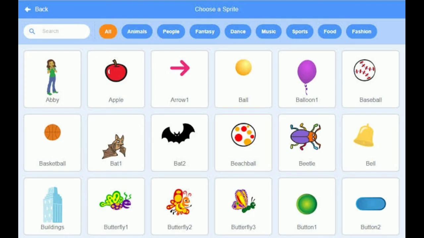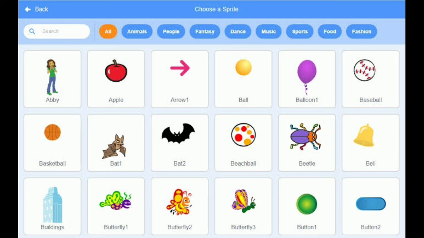Students, what you see in this picture is the sprite library window. There are many options provided in this window, and you can choose any one of the sprites and click on it. I am choosing the option bat one and clicking on that particular option. After clicking on bat one, I'll be clicking on the OK button.